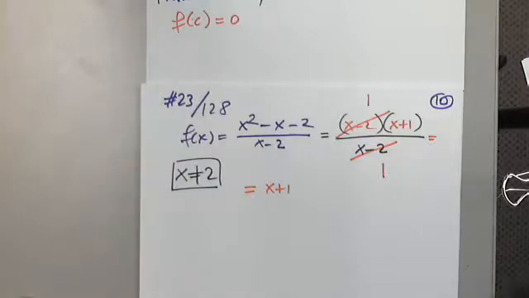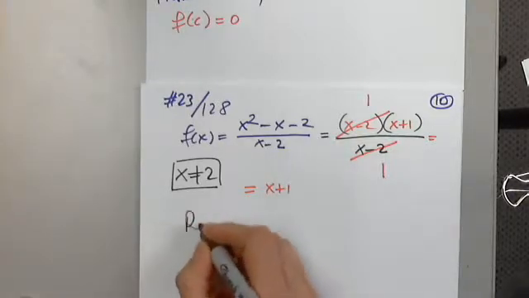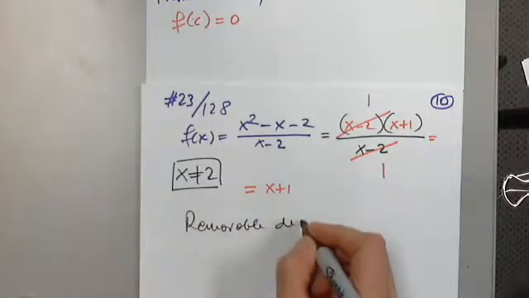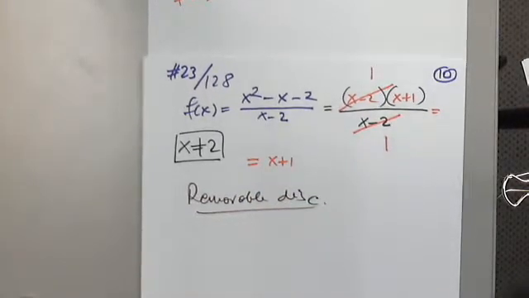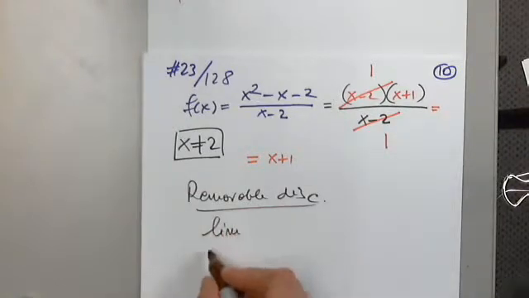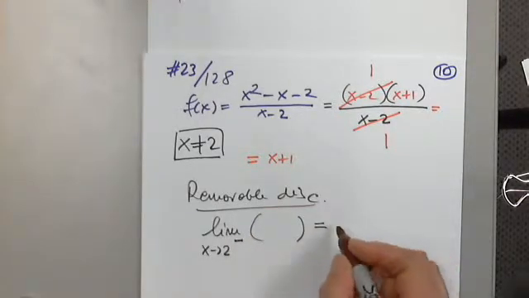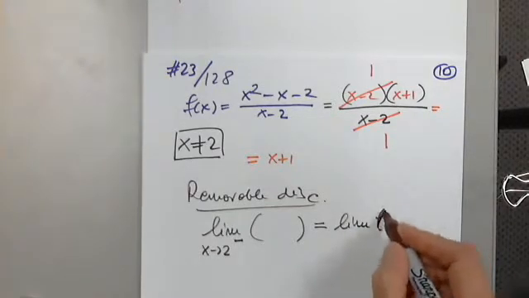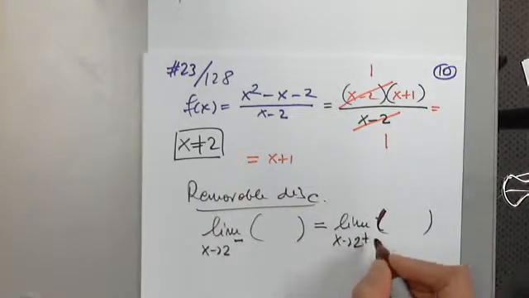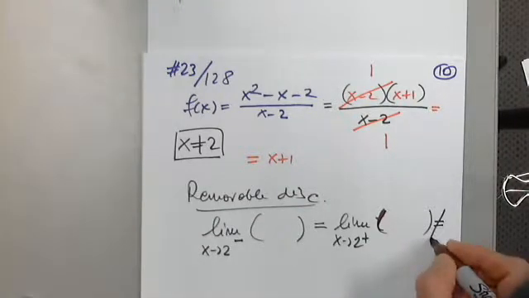What type of discontinuity is this? Removable discontinuity. Exactly. How do I know it's removable? Let's check. How will I know that the discontinuity is removable? Remember what I have to show: that the limit as x approaches 2 from the left equals the limit as x approaches 2 from the right, but it does not equal